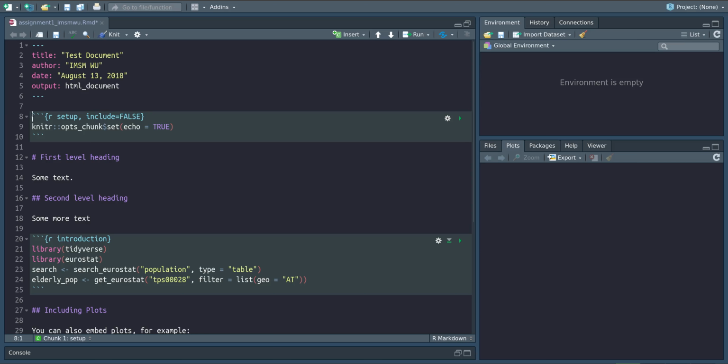Second, we have those sections that are a little bit differently shaded with 3 tick marks in the beginning, 3 tick marks at the end, and here in the beginning we also have the curly brackets followed by an R and a name as well as an option. In this first case, this is always included in a new R-Markdown document, and it sets the option whether the R code or just the output from the R code should be included in our final document that you will